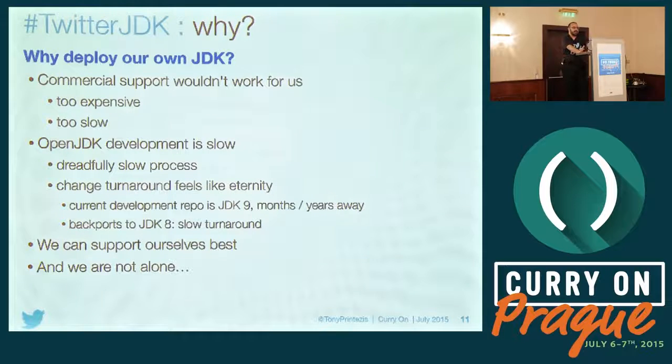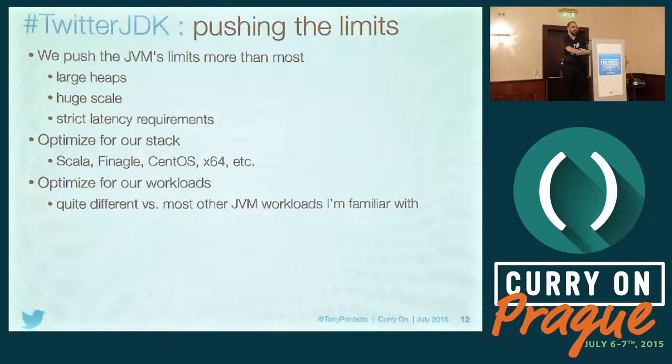When we have something critical, my developers cannot wait 6 months to get the fix or get that feature that's going to really help them. So we have a much better, much faster turnaround with our stuff. And we're not alone. I know several companies that rely on the JVM and have a lot of investment in running on top of the JVM that do the same when they have a VM team.